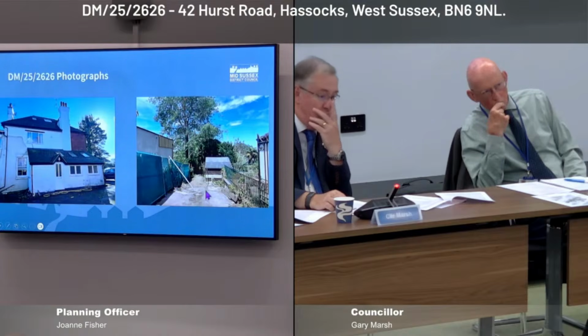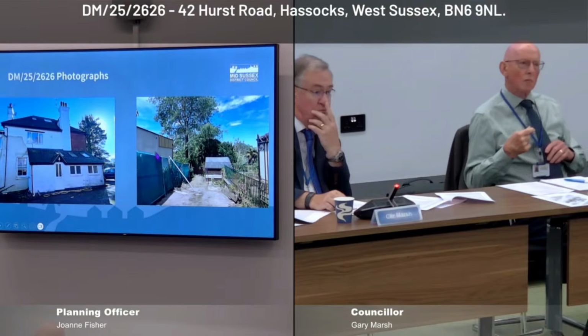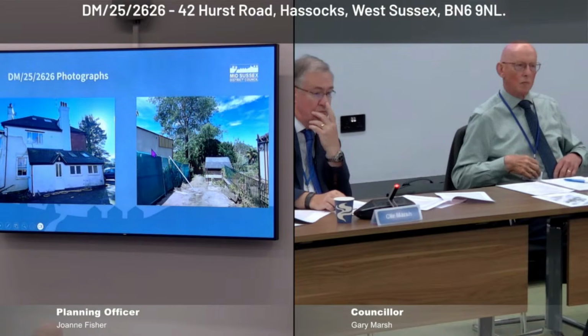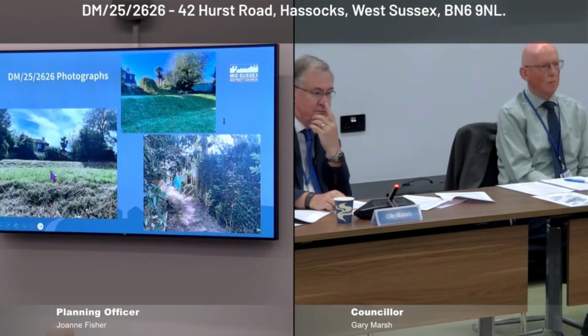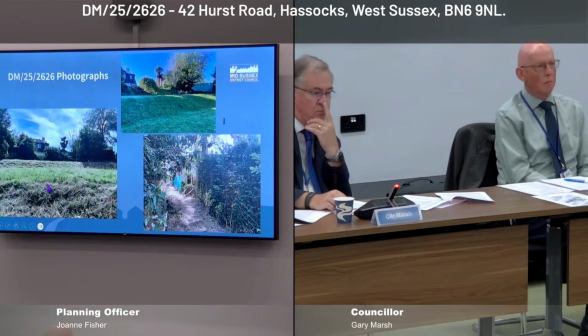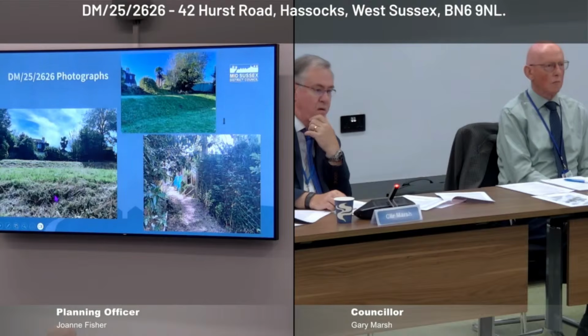This is looking down where the access would be, with 44 Hurst Road here on the western boundary. Just some photographs of the site itself. So this is looking from the rear garden back up towards 42 Hurst Road. As you can see, there is a significant difference in the levels. Same again, this is where the subterranean house is. You can see 44 here, 42, and this is looking towards where the